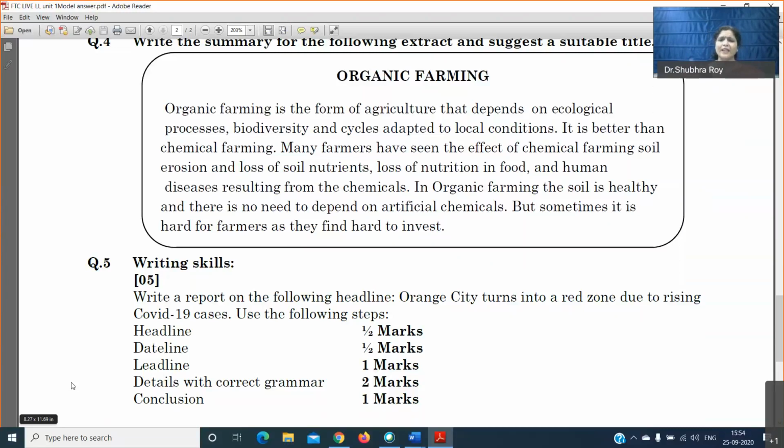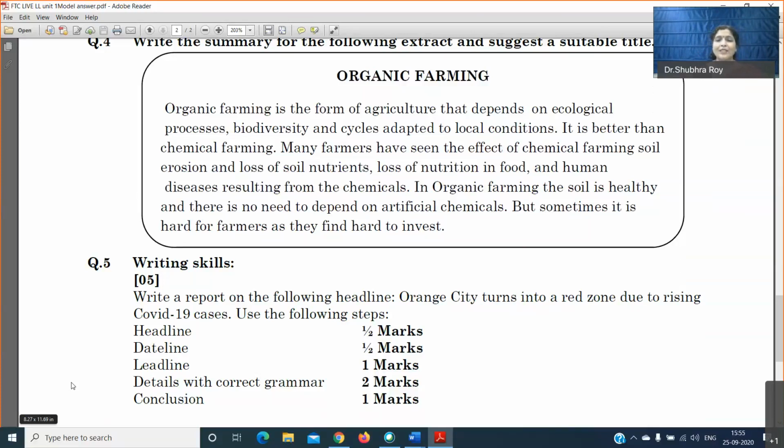So when you write the headline, how do you make the format? In your activity sheet, you take the headline absolutely in the center of the activity sheet, okay? And then take the dateline just below the headline on the left side. When you're writing, the dateline should be written properly. You cannot write 25-09-2020. That is a wrong way of writing the date in your writing skill topics, okay? So dateline you will write as September 25th, colon, or you can write 25th September, colon, right? Like that you will write the dateline. Do not write 2020 because you are getting this news in the newspaper every day. So no need of writing 2020.